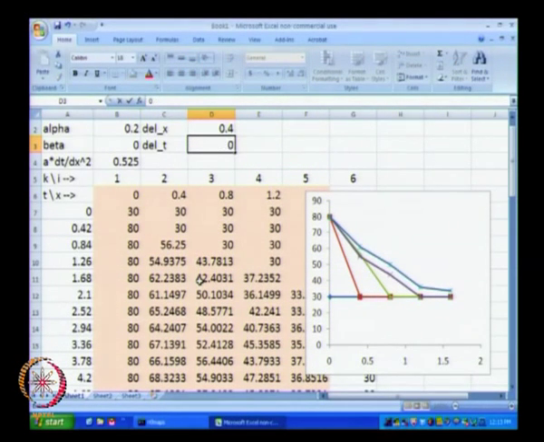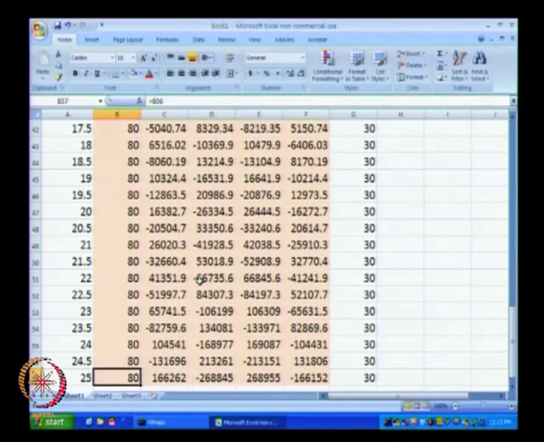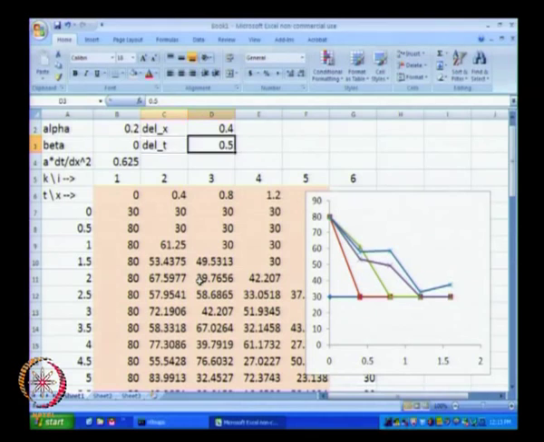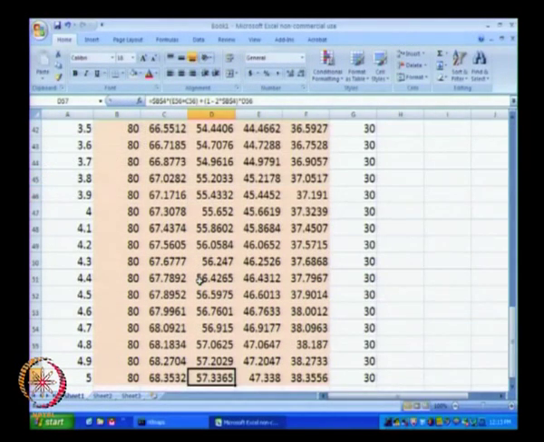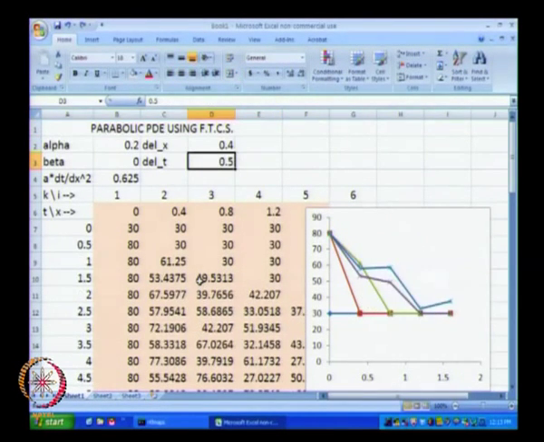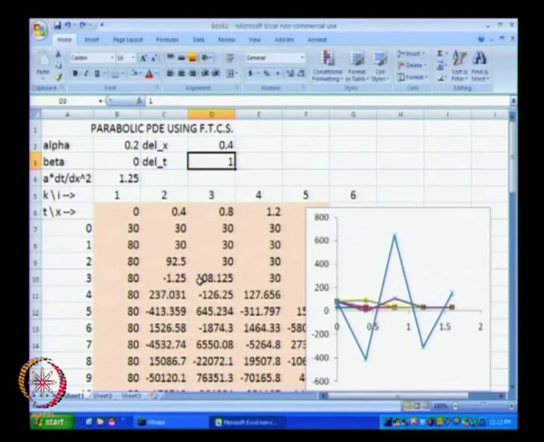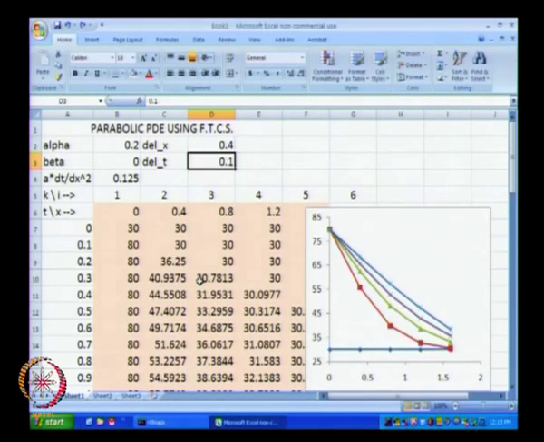So, just to recap, if we take a delta t greater than 0.4 we will get our temperatures to be diverging, and if we take the delta t less than 0.4 we will see that the temperatures are indeed converging at the end of our simulation. Okay. So, that is what we have seen using the forward in time central in space method. I will just press delta Z several times so that we get our final solutions.